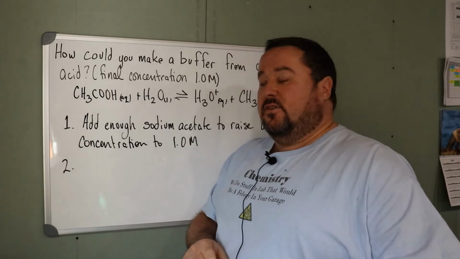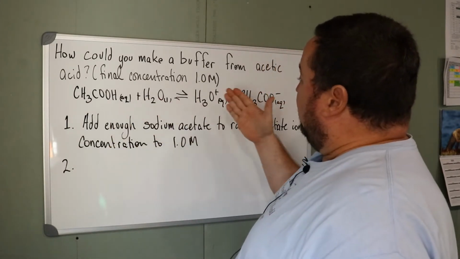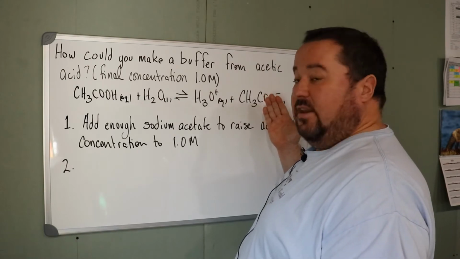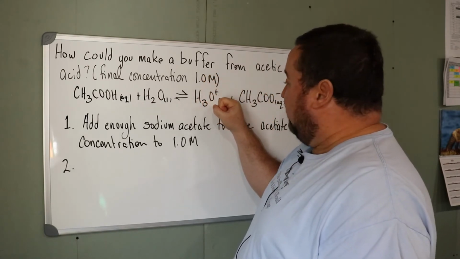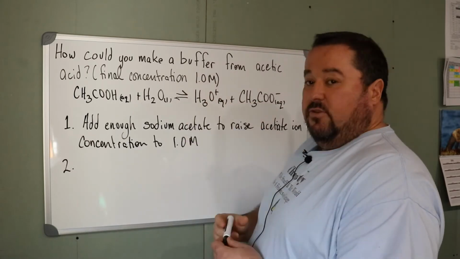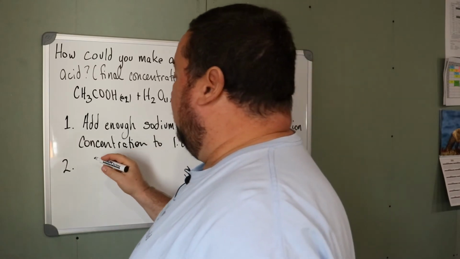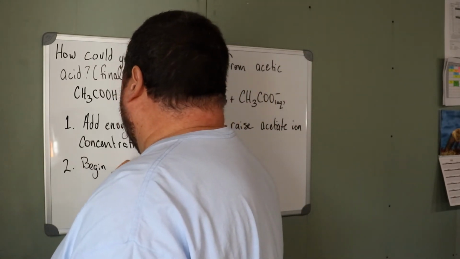Or the second approach I could take is to start out with twice as much acetic acid as I need, a concentration of 2 moles per liter, and then I need to shift half the material to the right side at equilibrium. So adding a strong base will consume this acid, remove it, and shift the equilibrium to the right. So my second choice would be to begin